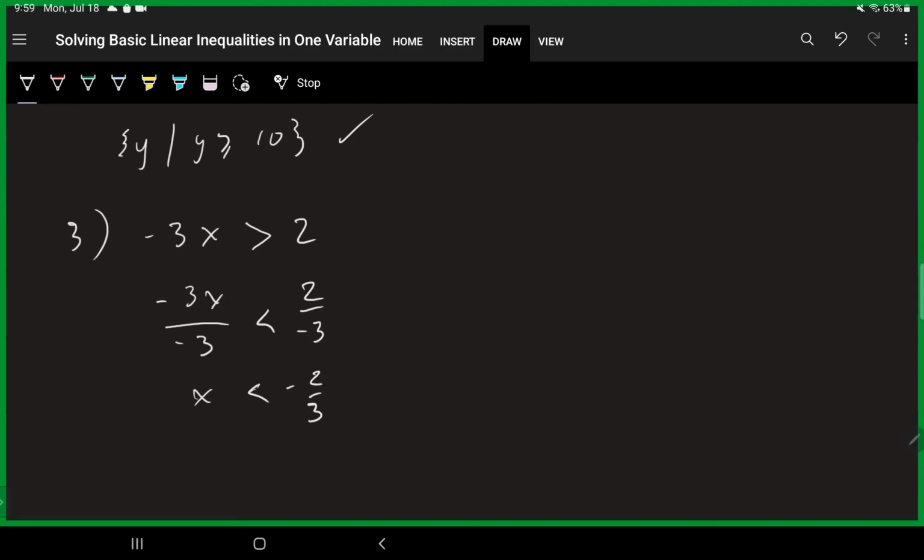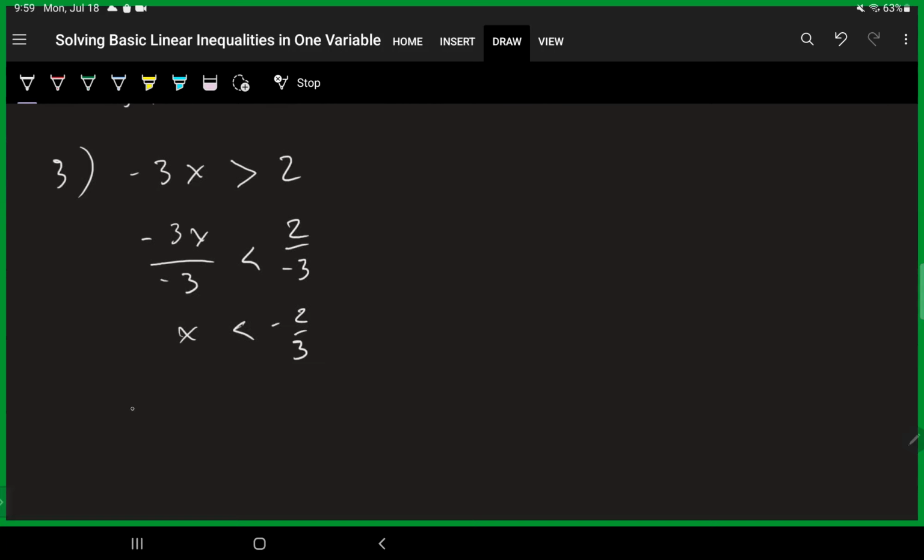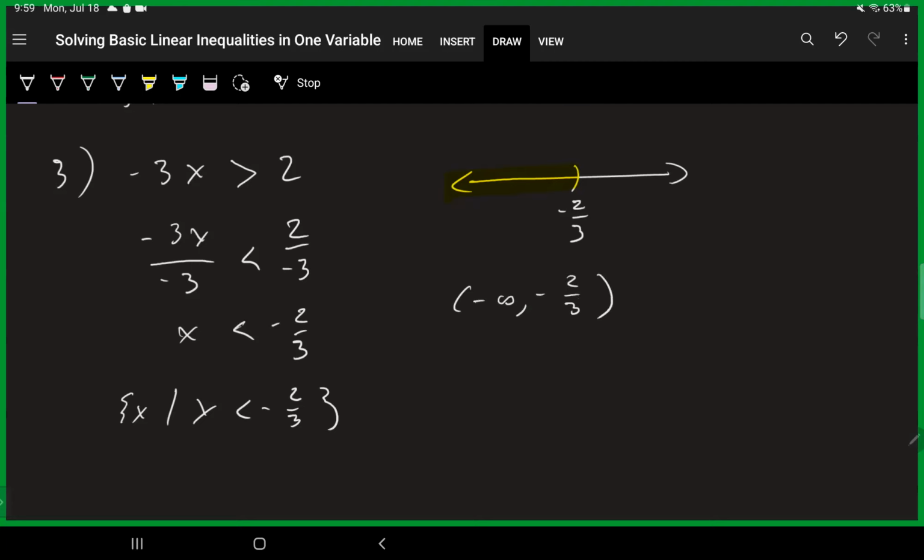And I get a solution of x is less than negative 2/3. Our set builder notation is free by putting window dressing on there. And we can graph. So I'm looking at everything to the left of negative 2/3. And that's the beautiful part about this number line thing. If we're not drawing tick marks, I don't really care where negative 2/3 is in relation to negative 1 and 0. You could put tick marks if you want, but it's a lot of extra work. And my interval notation is negative infinity to negative 2/3. I'm not including either endpoint.